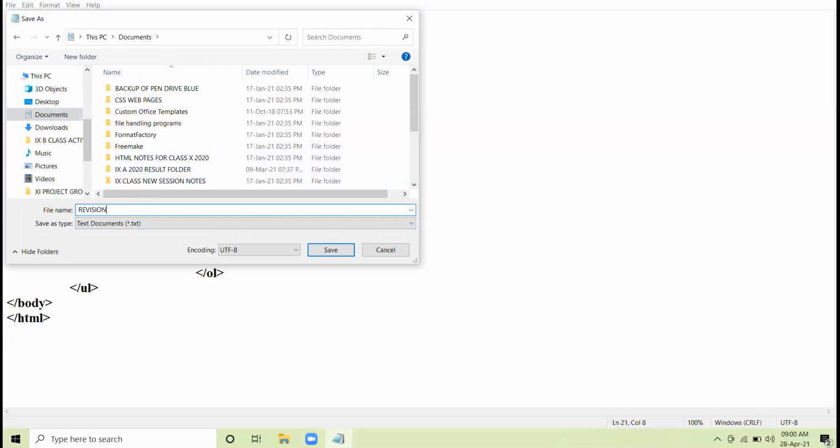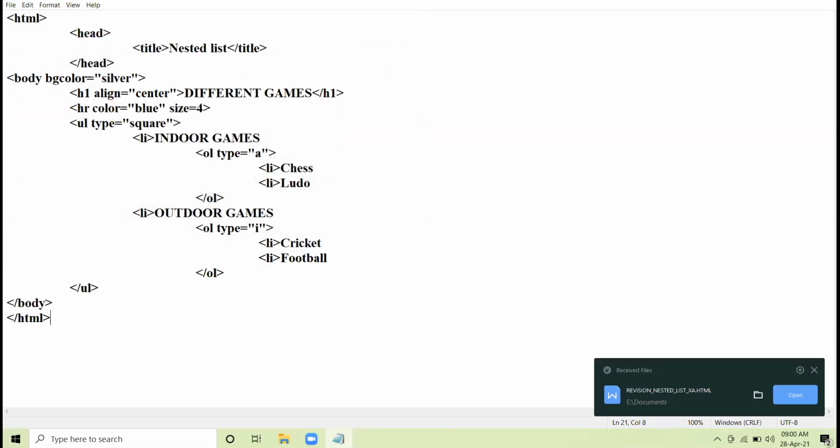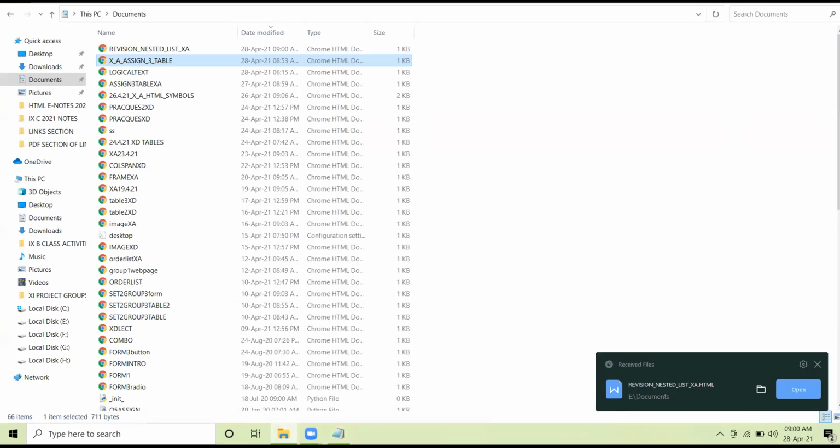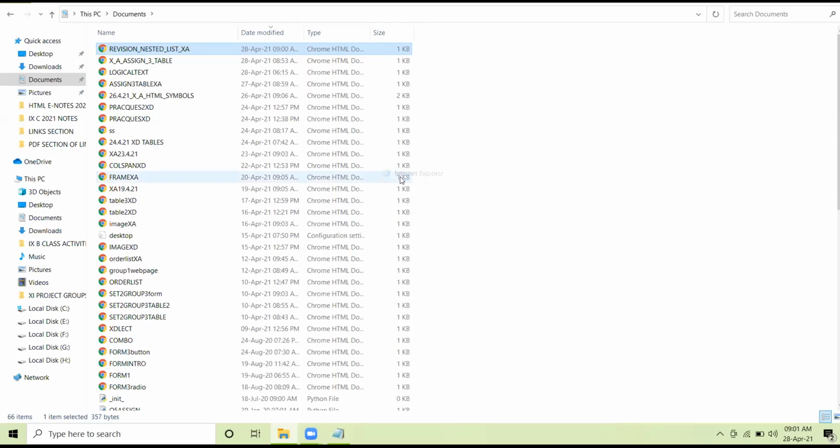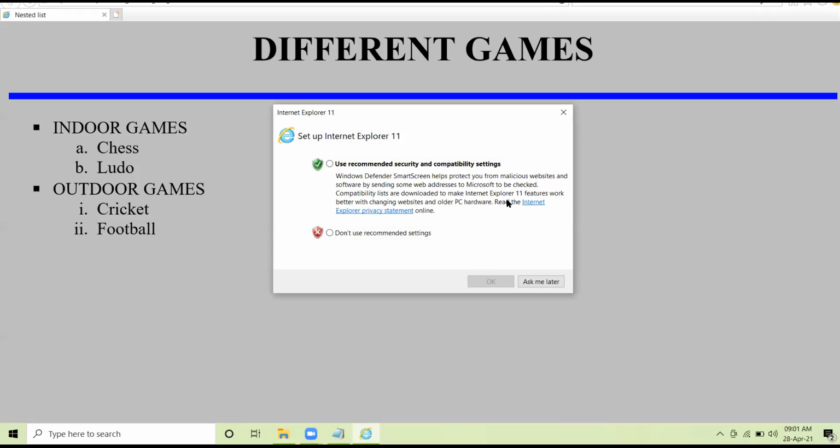Revision nested list 10th .html. So let's see the browser view. See here.